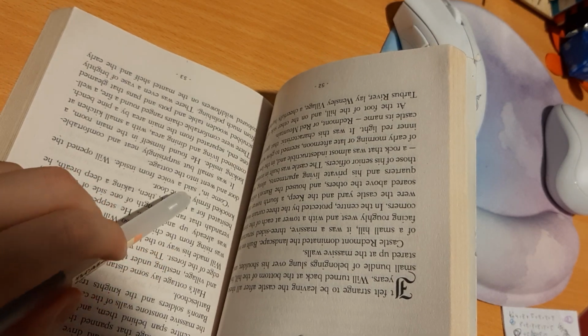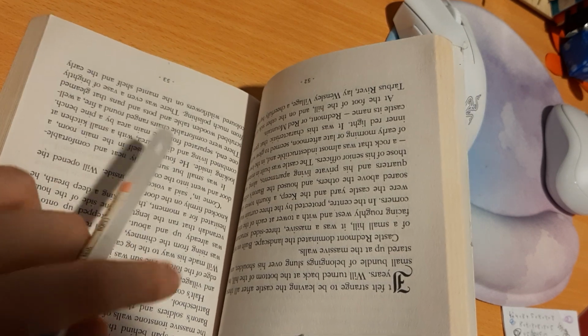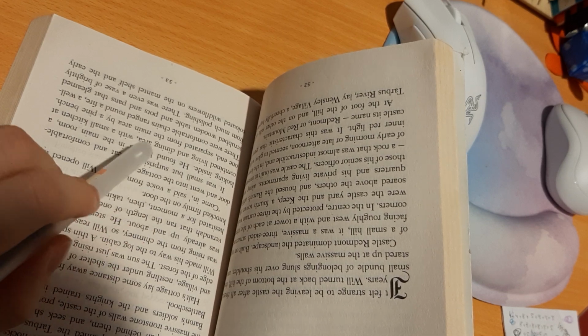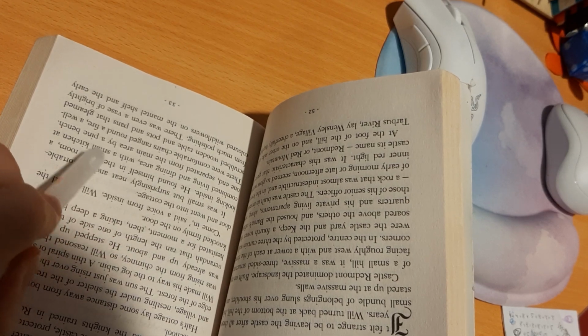"Come in," said a voice from inside. Will opened the door and went into the cottage. It was small but surprisingly neat and comfortable. Looking inside, he found himself in the main room, a combined living and dining area with a small kitchen at one end,